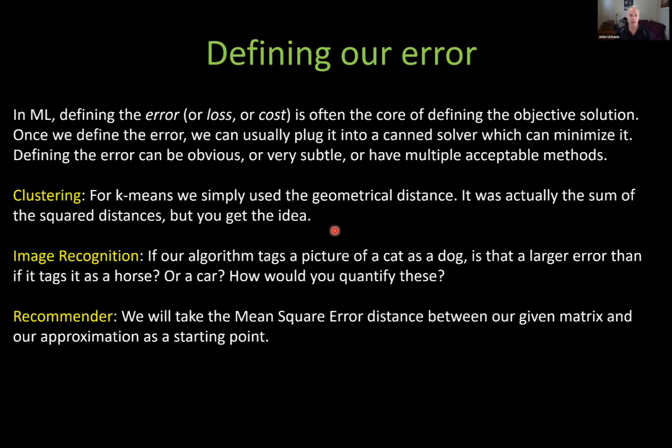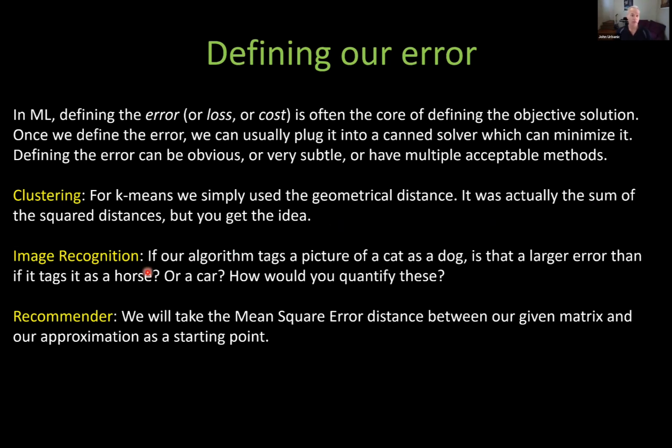And defining an error, as I said yesterday, often has multiple choices. And here we could do multiple things. We could use root mean square, for example. We could do a number of different things. And so you have multiple choices. As I said yesterday, sometimes multiple choices will work, and it comes down to which one will work the best. And sometimes it's difficult to even make a choice.